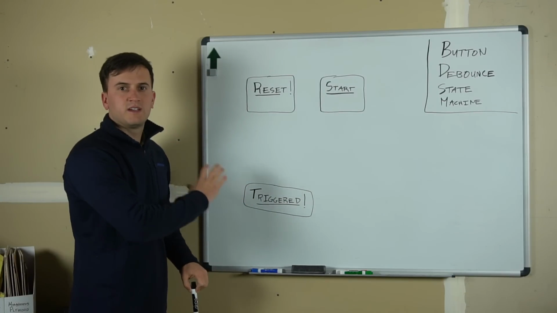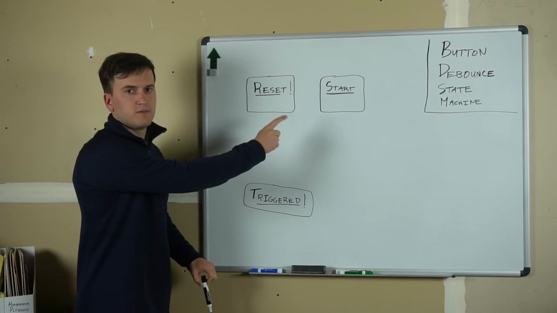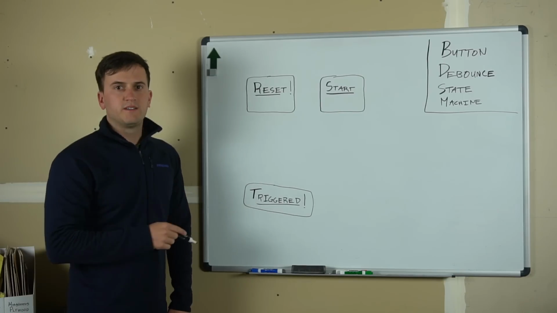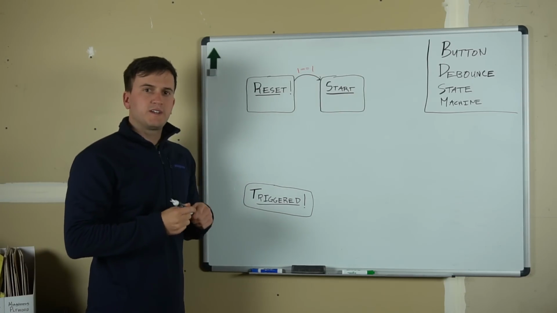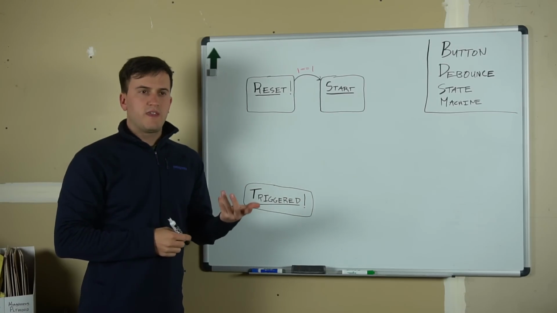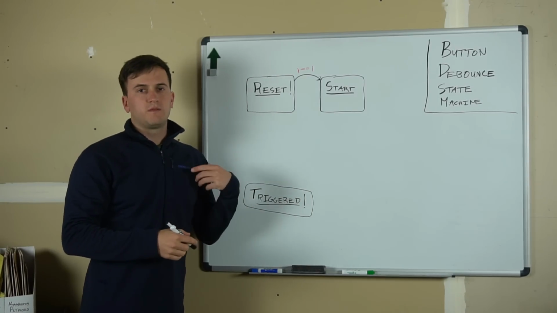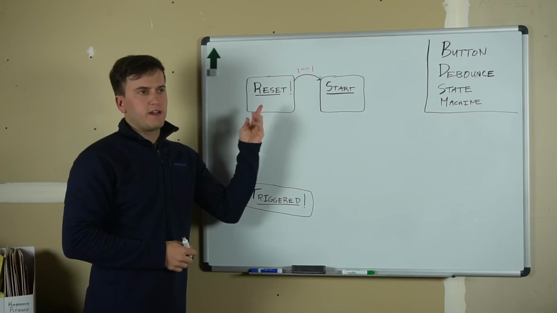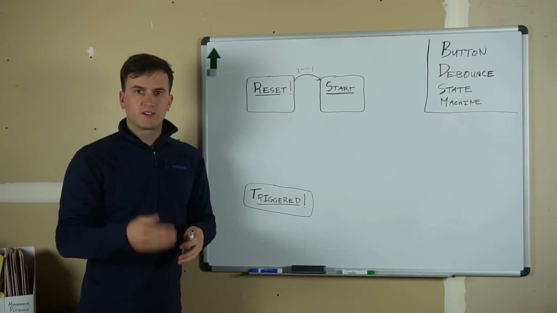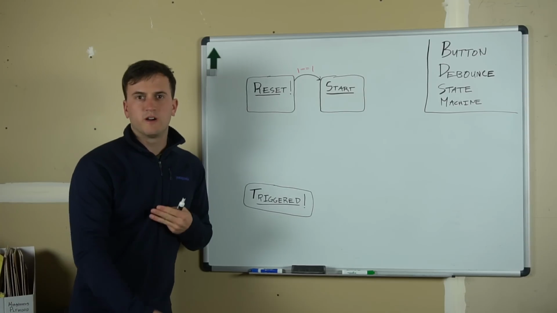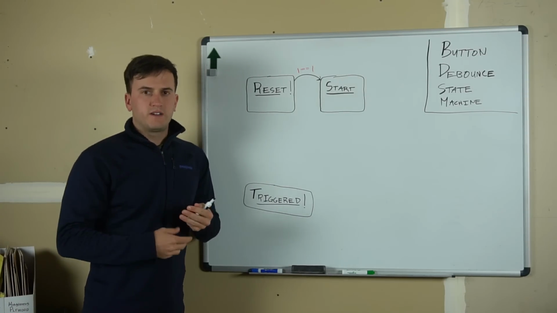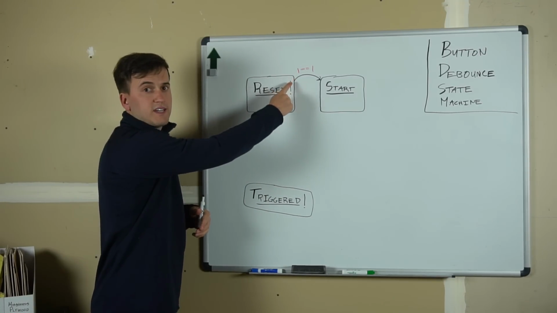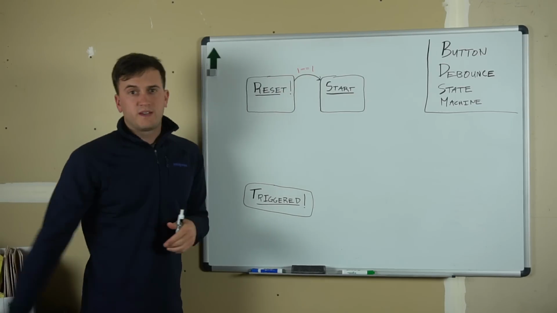And what I'll do now is fill out the rest of the map to connect us from start down to triggered. The first thing I want to do is add a transition from reset to start. As I mentioned, each transition needs a conditional statement that when true will force the state machine to follow that transition. In the case of reset, every time I go to the reset state, I only want to stay here for one cycle because that's all I need to do the work, and I should automatically move on to start for the next cycle. So for this transition Boolean statement, I just put 1 equals 1 because that's always true,